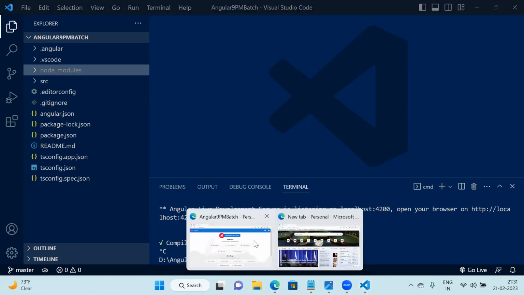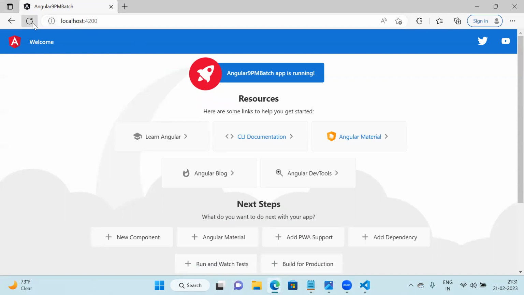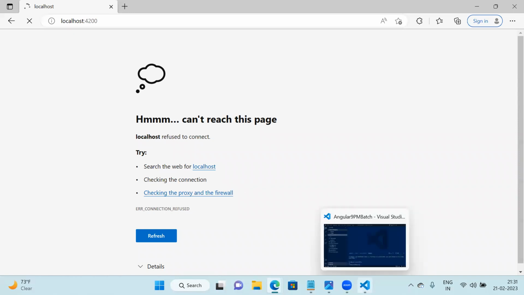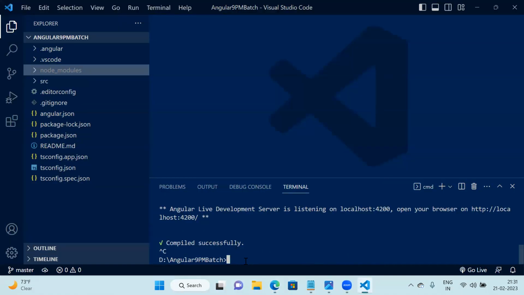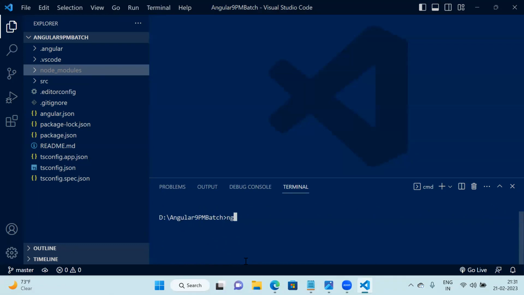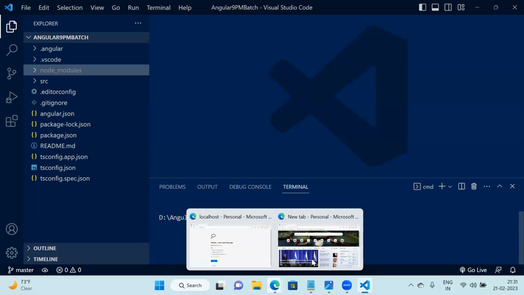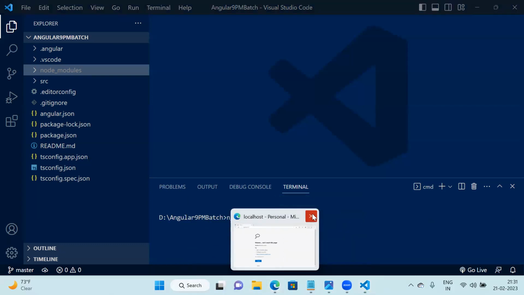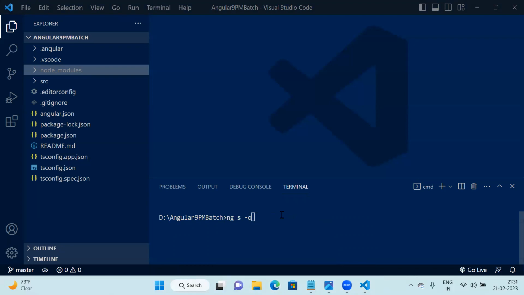And to check, if I refresh this page, I will get a blank page, like this. That means our Angular application is not running over here. So let me put cls, and now I will write ng s -o. In my system, the default browser is Chrome. I will put Chrome as the default browser, so by default it will open. I will not do anything. Currently we have done it in the browser, so let me close this browser and see. Once I press enter,